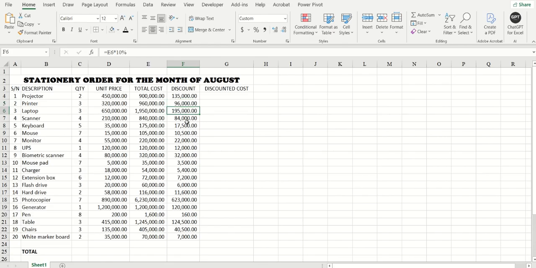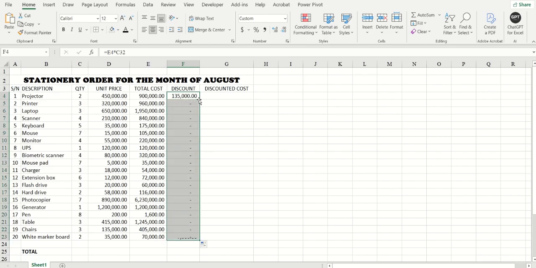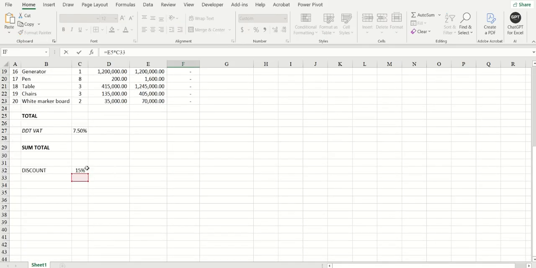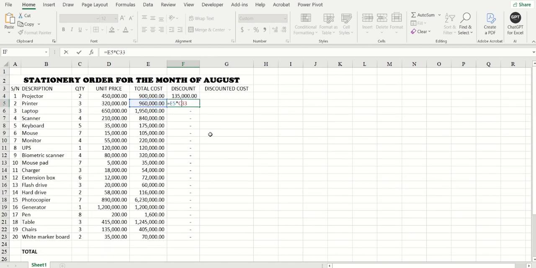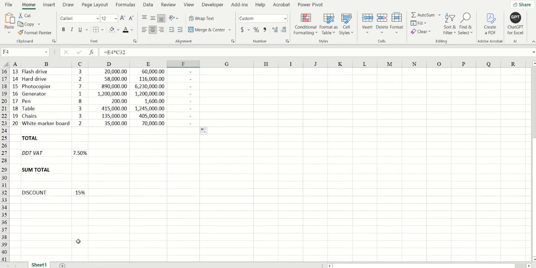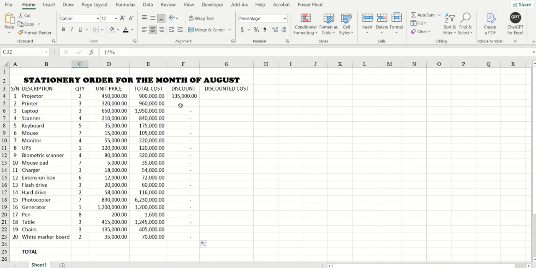But remember the rest won't change, because the formula was entered one after the other. So what do I do? If I come here and double click, it's going to give me an error, because Excel is very smart. Like this is E4 C32, so it's coming down to E5 C33. So this formula here is multiplying the next. So what do I do so that this continues to multiply whatever is in the E column by this C32 without it moving down? That's where we bring in the referencing,